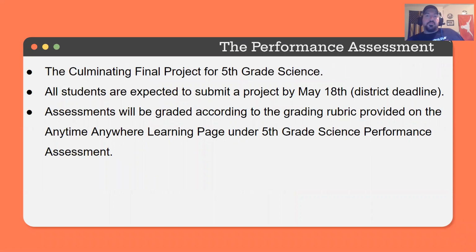So the performance assessment itself, the culminating final project for fifth grade science, all students are expected to submit a project by May 18th. That is district-wide, not privy to one school, okay? A project must be submitted in its entirety by May 18th. Assessments will be graded according to the grade rubric provided on the Anytime, Anywhere learning page under fifth grade science performance assessment. Now, we will look into that here